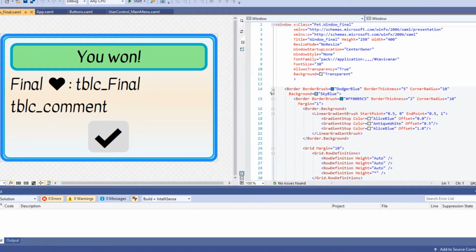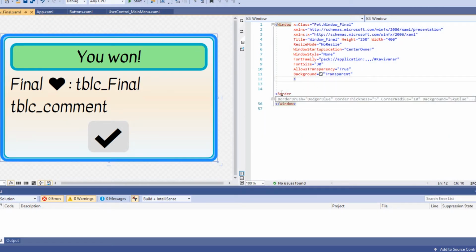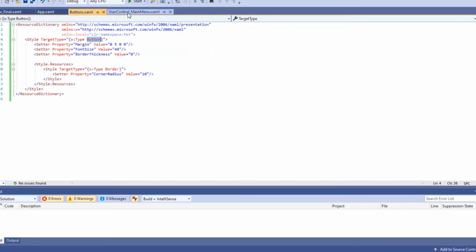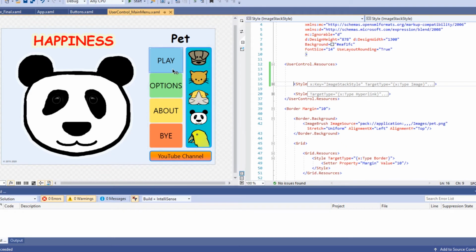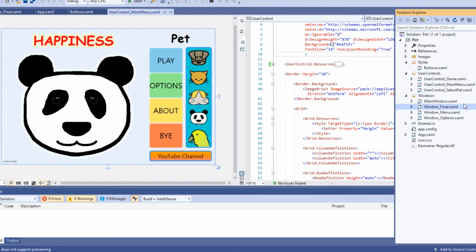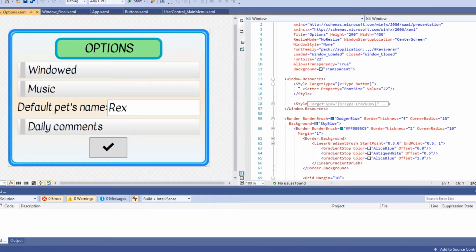If you open window final, you will notice that there are no resources for this window. So the style is not overridden and it is taken from the global style for buttons, which is here. But also you noticed that we have rounded buttons here. The reason is that we defined the same style as in our buttons. If you remove it and rebuild your project, you will see that the buttons got the very same style, and you can leave it as it is. As I said, the problem with other windows and user controls, for example, window options, is that we override the style here and in all other files as well.